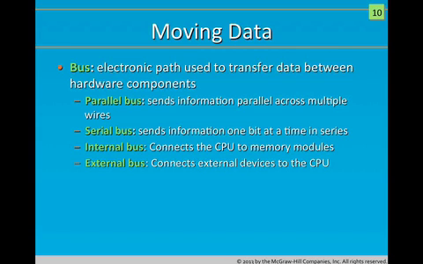So a parallel bus basically sends information across multiple wires. So it's basically zeros and ones flowing through these wires that are usually made of some kind of metal and going into your computer. A serial bus basically is sending a 0 or a 1 at a time, in an ordered series. An internal bus directly connects to the memory, and then an external bus allows you to connect external devices to the CPU. And an example of that would be a